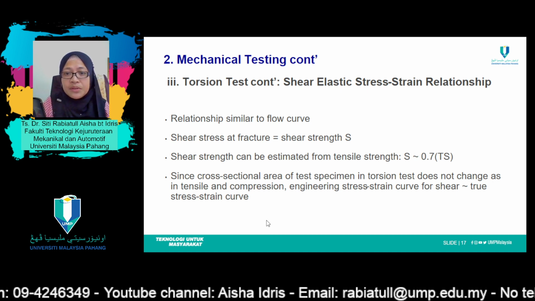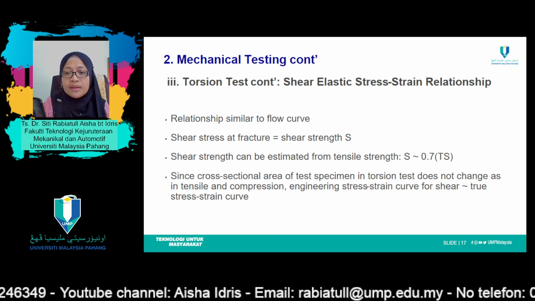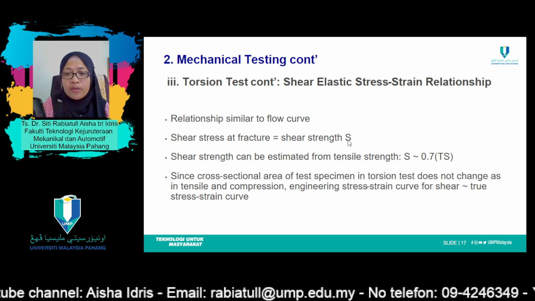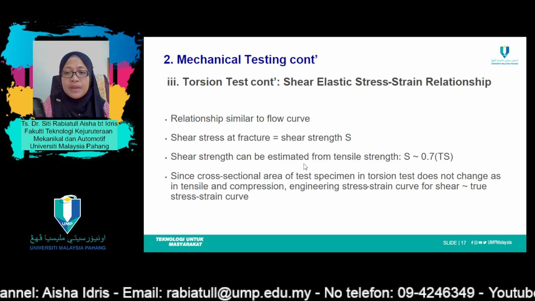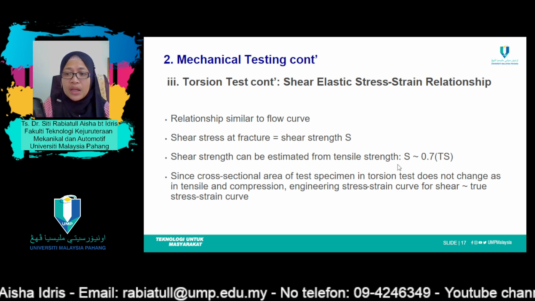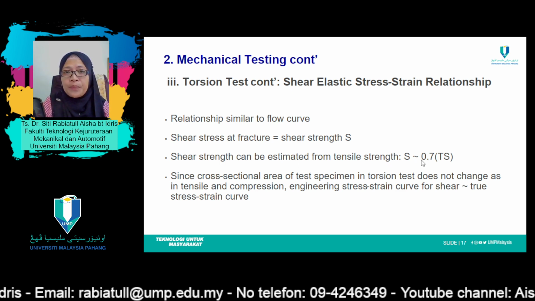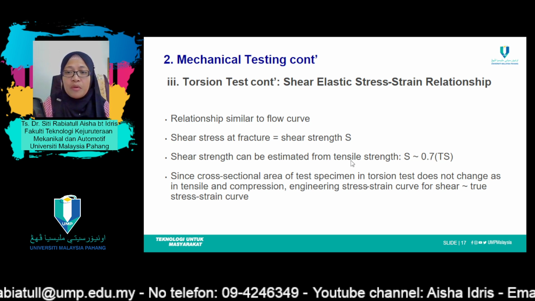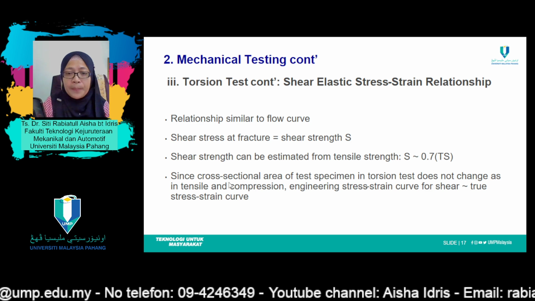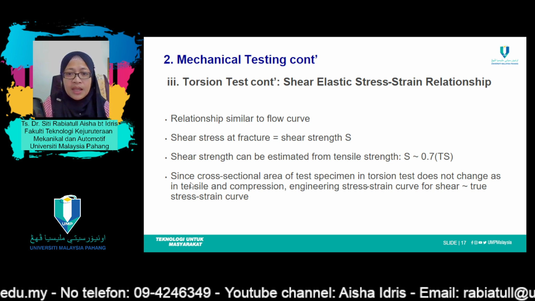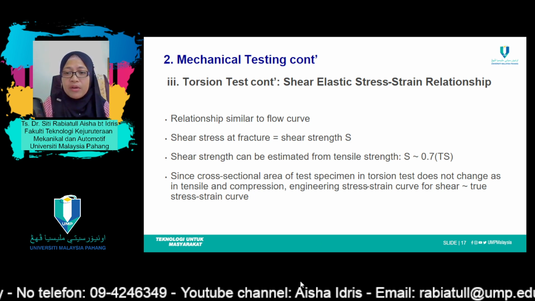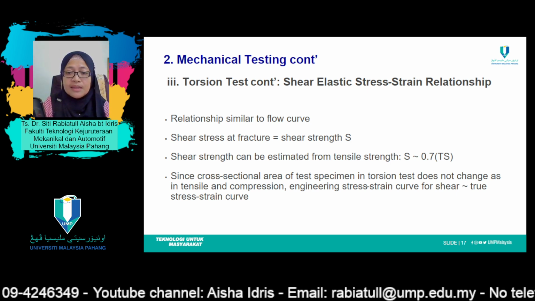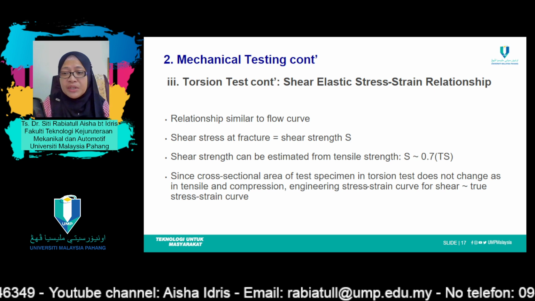The shear stress at fracture is known as S, and we use the symbol S over here. Shear strength can be estimated from tensile strength, which is around 0.7 of the tensile strength. And since the cross-sectional area of the test specimen in a torsion test does not change, unlike in tensile and compression, the engineering stress-strain